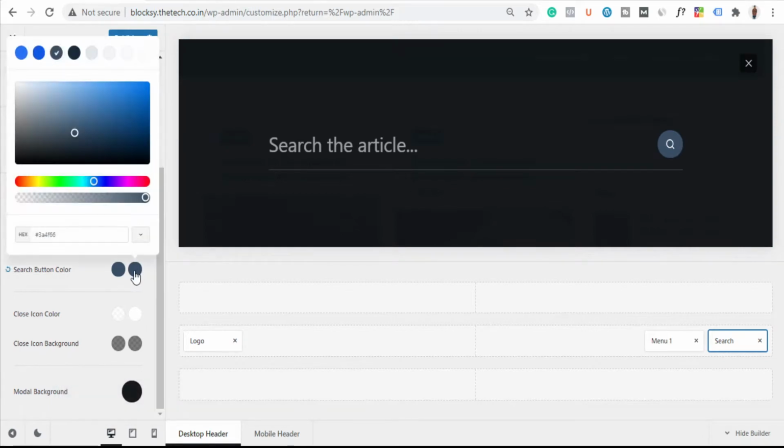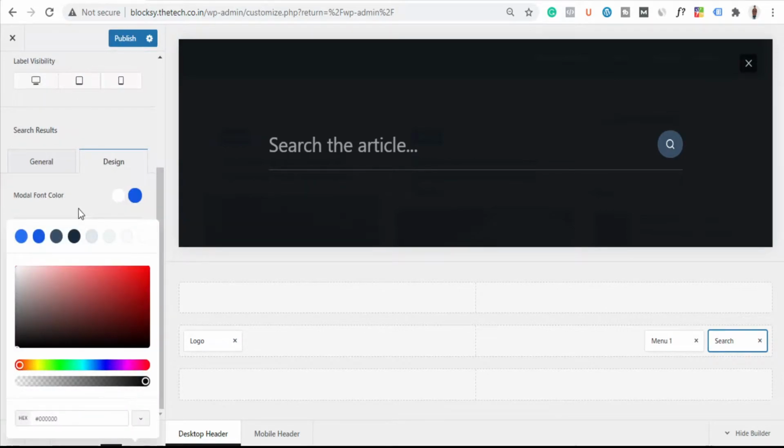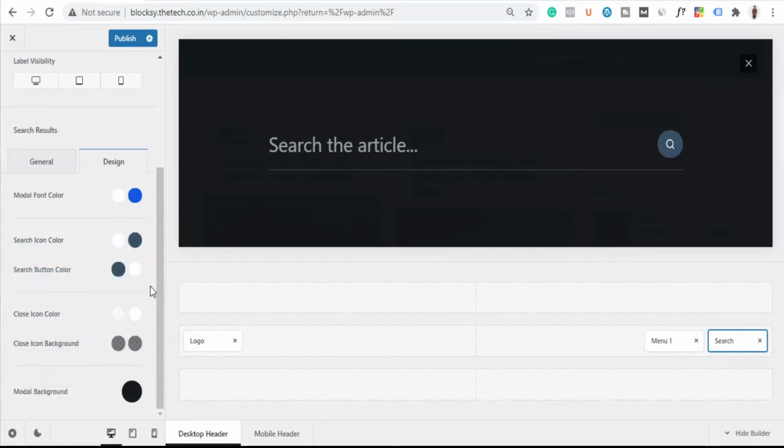If I hover over it, I want the icon to become color 3, I mean white, and this one will become color 3. So basically what I've done, I have interchanged the hover option. If I hover over it, see, it will be interchanged. And you can do a hell of a lot of stuff here.